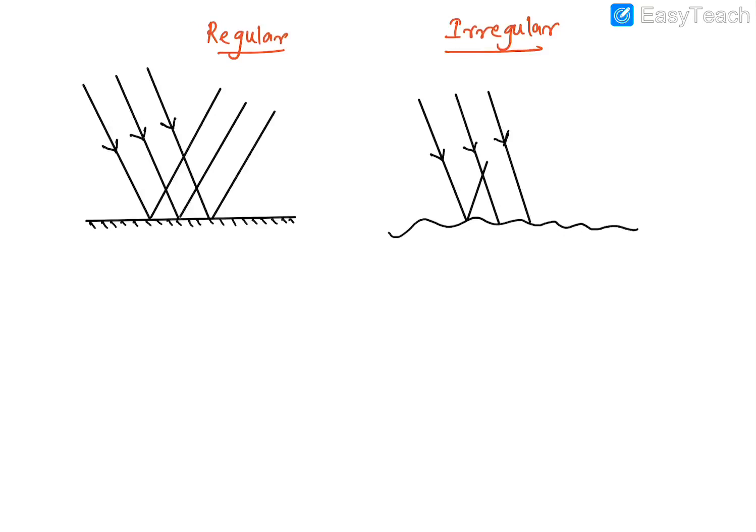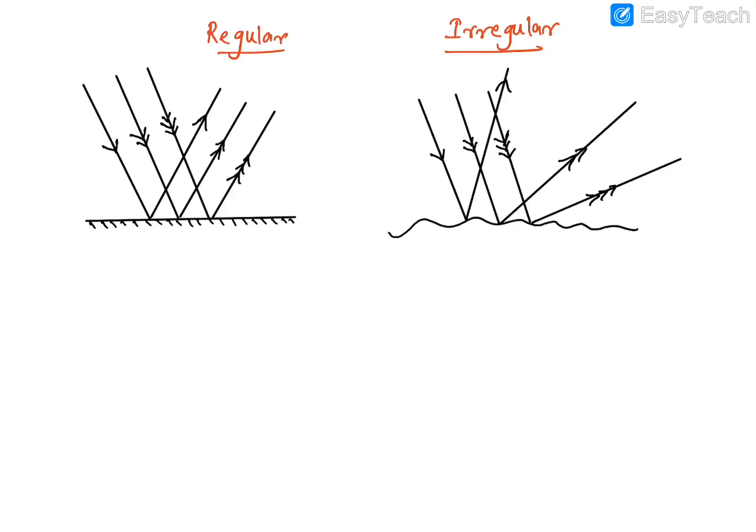So see, let's say the first ray went like this. Your second ray is going this way. The third ray is going even further somewhere like this. I'll just mark different arrows so you can make out the lines easily. So that's your first line, that's your second line, and this is your third line. Whereas here also, this is your first line, that's your second line, and that's your third line. Got it?